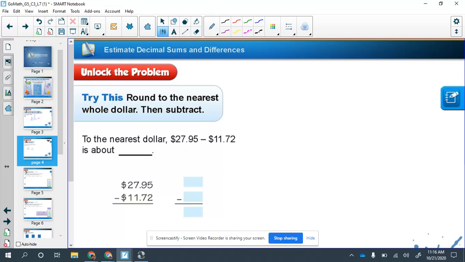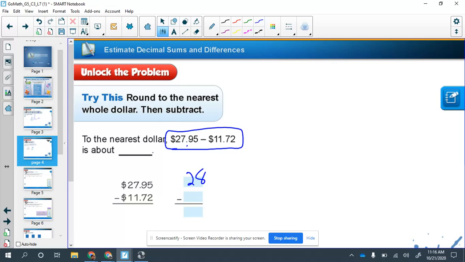You're not saying, oh, well, this is $3.25 and $2.50, right? You're going to round those numbers to the nearest dollar. So if we are finding the difference between $27.95 and $11.72, right? We're going to say, oh, well, $27.95 is about